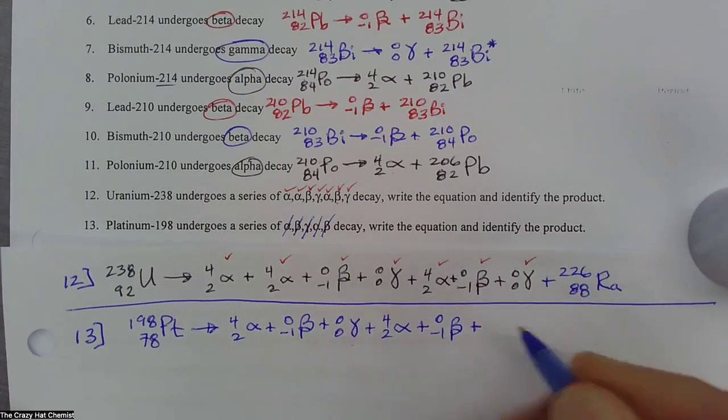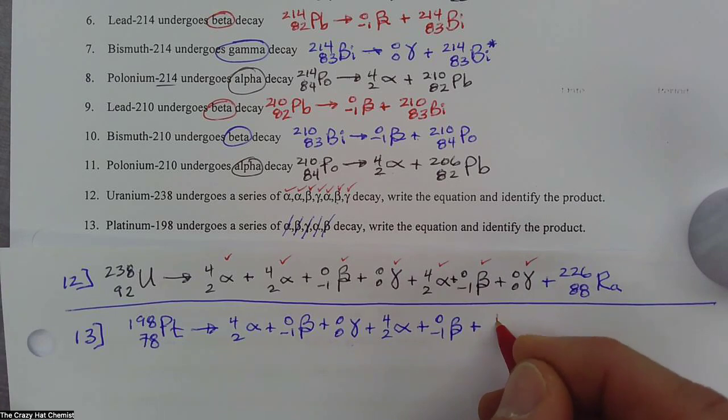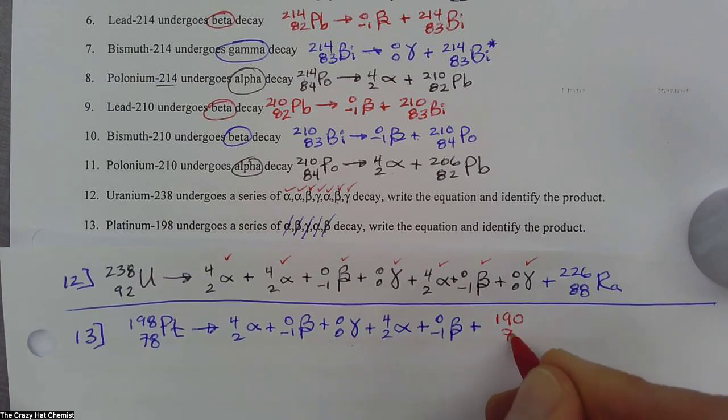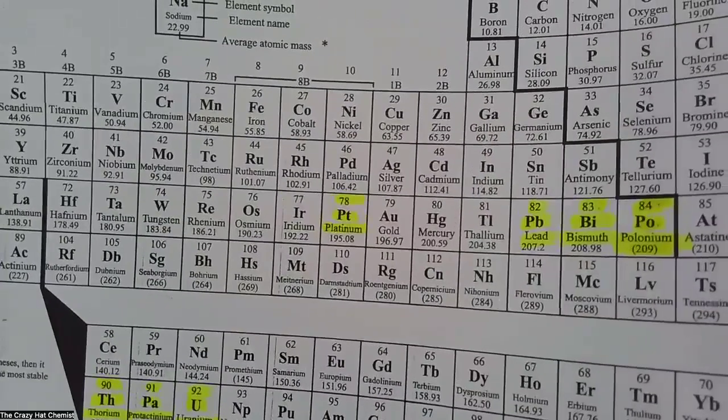Now we're going to have plus, and we're going to have our answer. So it's 4 plus 0 plus 0 plus 4 plus 0. That's a total of 8. So I'm going to have 198 minus 8. That is 190. All right, then it's 2 plus -1 plus 0 plus 2 plus -1. That is a total of 2. So I'm going to subtract 2 on both sides. That will be 76. Now I'm going to look on my periodic table and I'm going to find element number